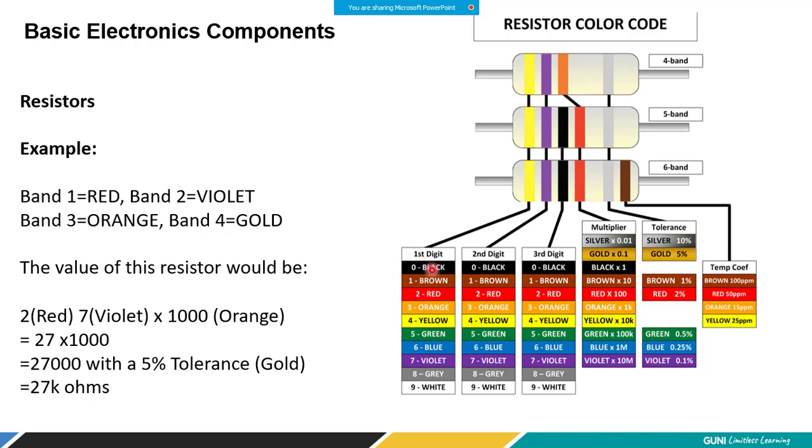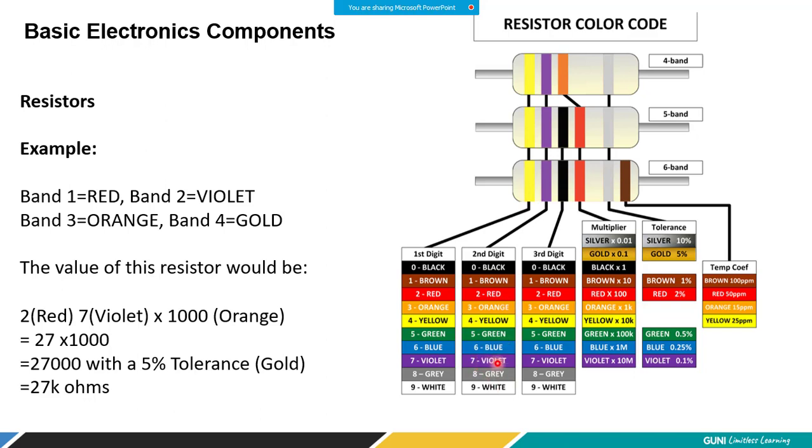What we need to do is look at this table. See, this is the table. I think you remembered: BB Roy goes to Bombay via Gateway of India, and that's how you remembered: black, brown, red, orange, yellow, green, blue, violet, gray, and white. Right? You have remembered this already. So my first digit is red. When it is red, I have to pick up this 2 from here. First digit, 2 for red. Similarly, for the second band, I have violet, so I have to pick up the 7 from here.